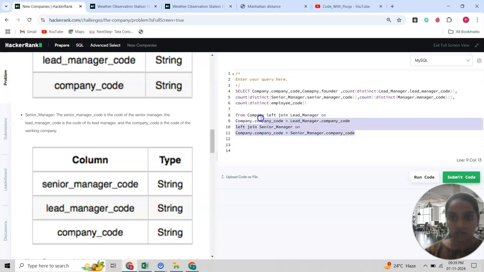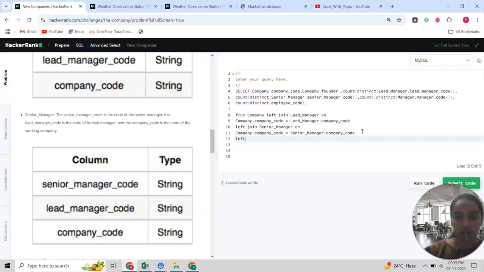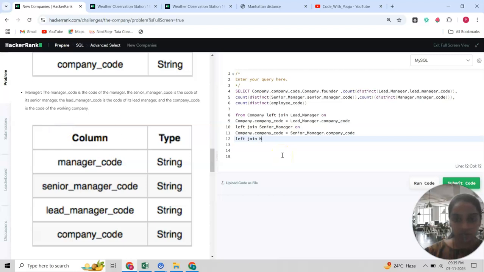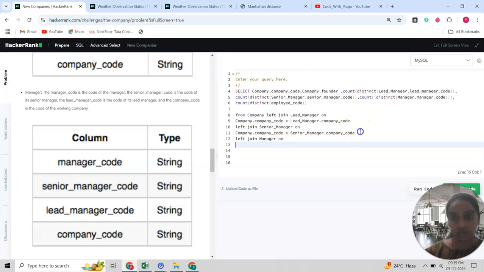Now these three will form one table, and from this one table I have to again left join one new table, that is the manager table. Okay, manager. On what condition are they asking for? Similarly, again the company code